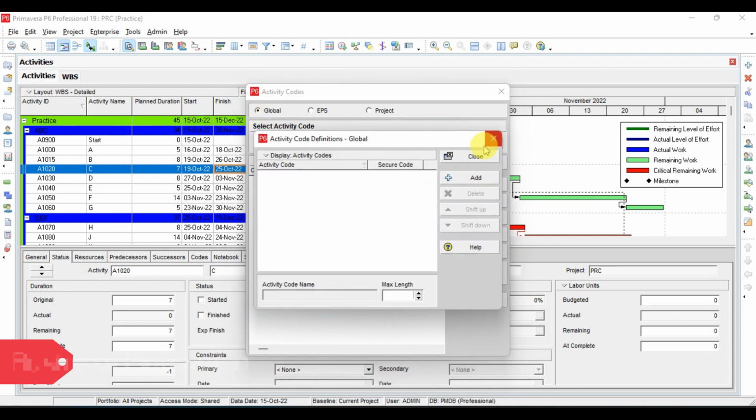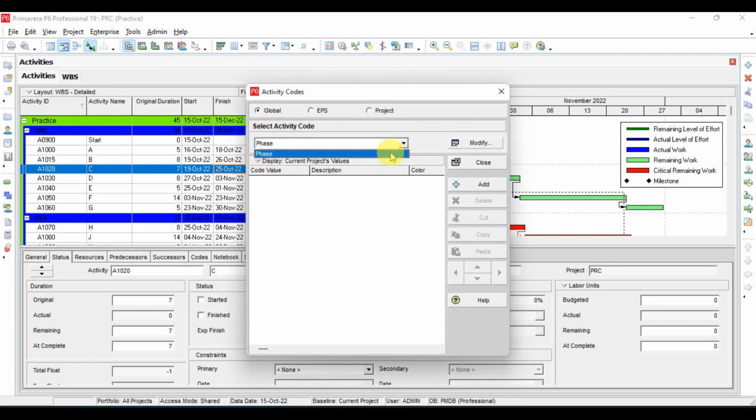We'll click Modify, and now I will click Add. By clicking Add, I will define the name for this activity code as Page. Okay, now I will close this window. Now I will select the code which I have defined, and in this window we have to add values to this code. By clicking Add, here I will name this P1, A01. Then we can copy and paste, that is P2